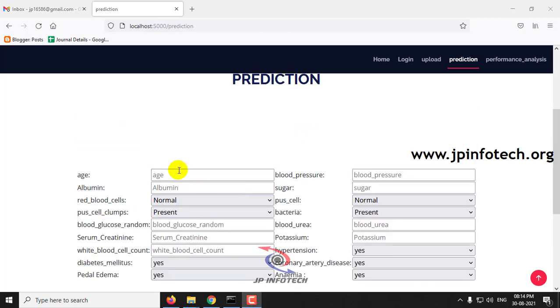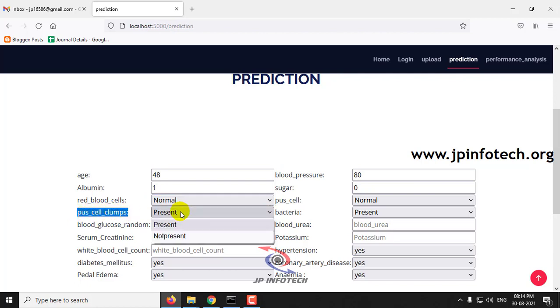Now let me enter the age 48, blood pressure 80, albumin 1, sugar 0, red blood cells normal, pus cell normal, pus cell clumps, sorry, not present,